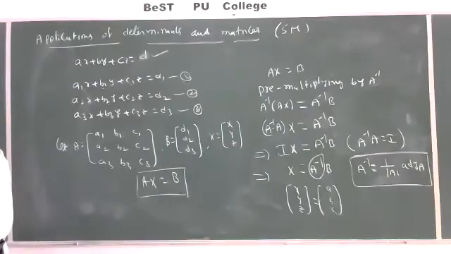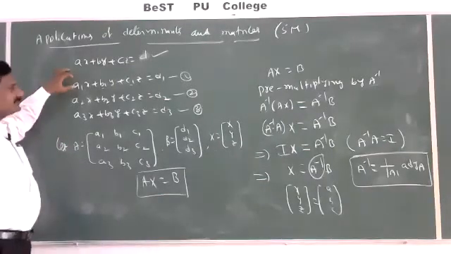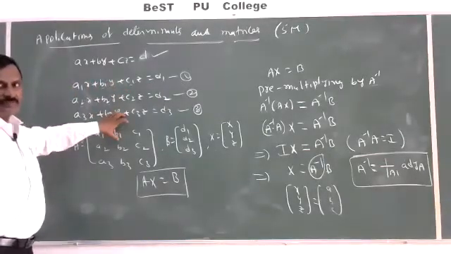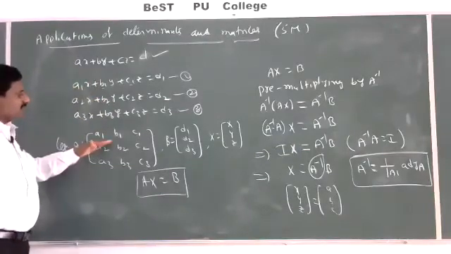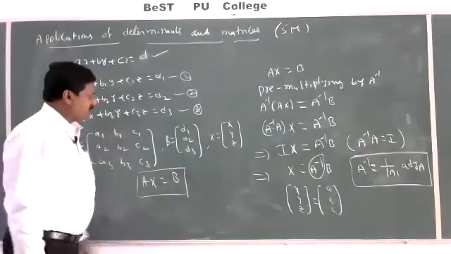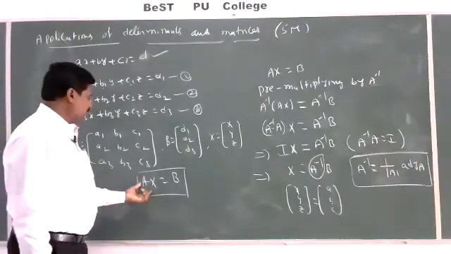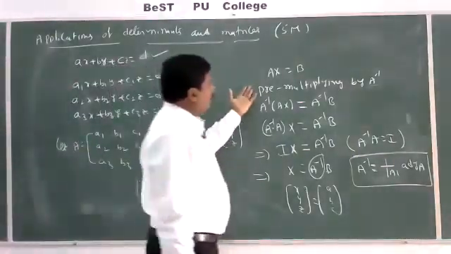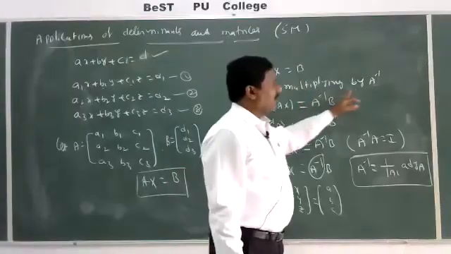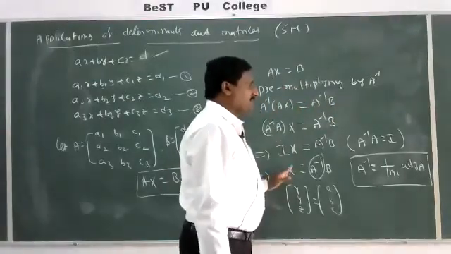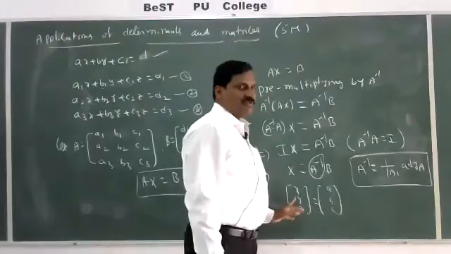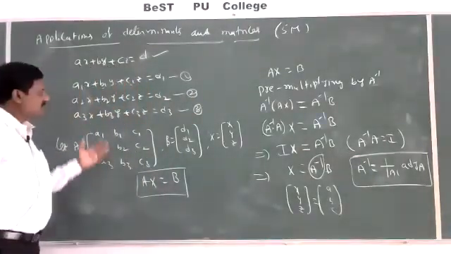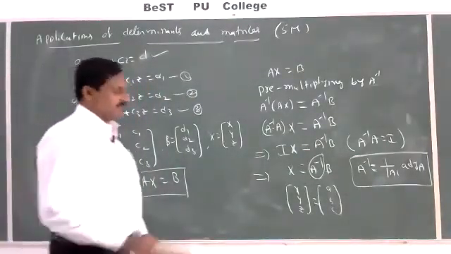This is a compulsory question for 5 marks in the public exam. Solve the simultaneous linear equations. They will give three linear equations to be solved by the matrix method. That means first we have to convert those three equations into matrix form A, B, and X. Then use the equation Ax equal to B, pre-multiply by A inverse, and from that we'll get the X value, which is the matrix x, y, z. From that we get the x, y, and z values. The process of finding x, y, z by using matrices is known as the matrix method.